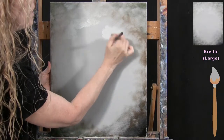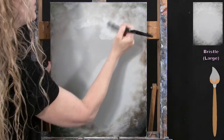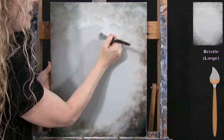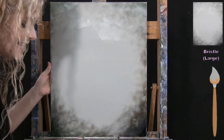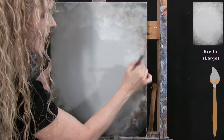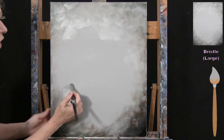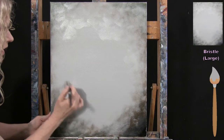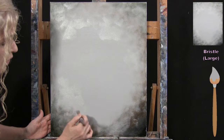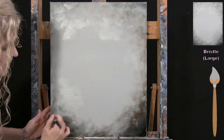So I just picked up a little bit of my background color, and then I just dry brush it over that border that we just created. And then when it dries, it's going to look really nice and soft and beautiful. So I'm just going over on these sides too, and you can keep layering, continuing this layering type of effect where you do the darker area and then you pick up some of that background color and just scrub it back over it, just allowing for those colors to work together and overlap each other